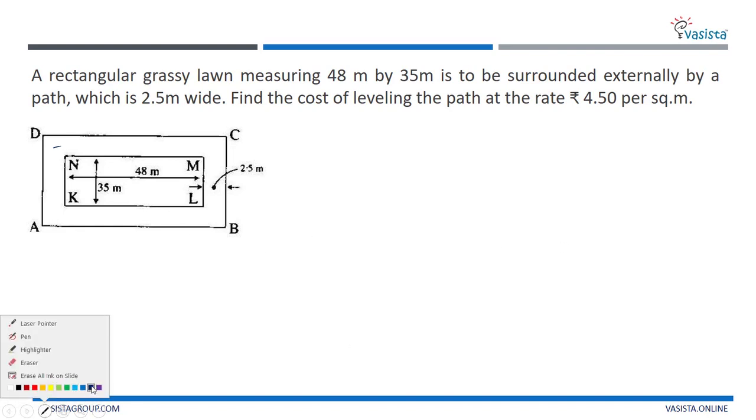First of all, we are supposed to find the area of ABCD, and then the area of KLMN. If you subtract those two areas, we are going to get this area, that is the area of the path. Let us start finding the area of